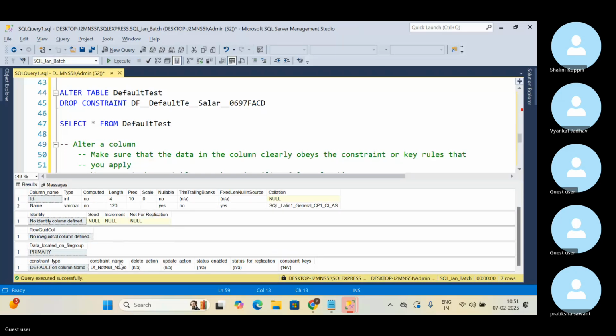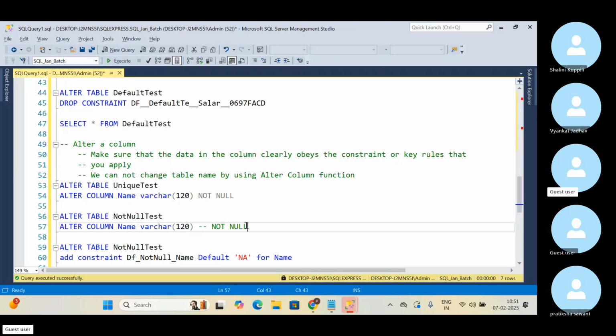Okay. Look here. In this example, alter table unit test, if you view the metadata previously, before altering this column name and changing this varchar to 120, the not null constraint was already there. So the thing is that